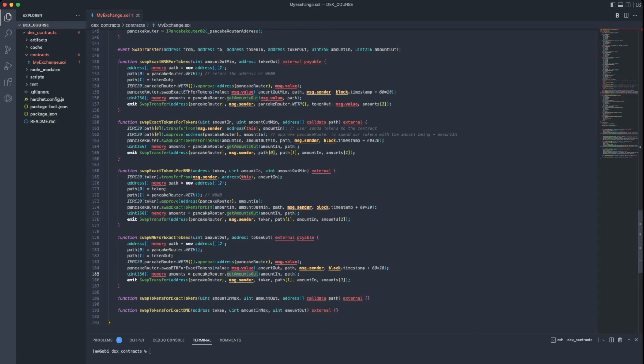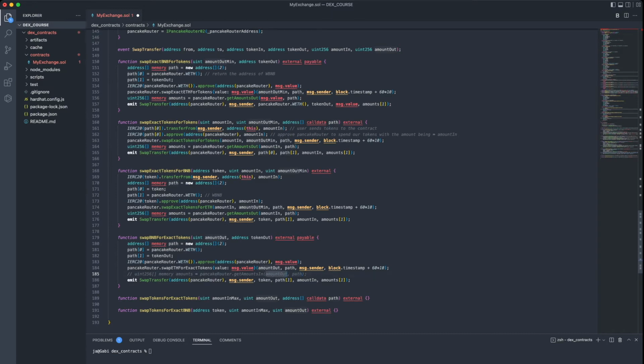We already know the amount of BNB that we want to get, so here basically we would want to calculate how much of the token in we will need to send, but we no longer need to do this. Firstly, here we will need to call the getAmountsIn function and not the getAmountsOut. The getAmountsIn function basically is saying that I want to get this amount of the second token in the path array. So please tell me how much of the first token from the path array I need to send to get